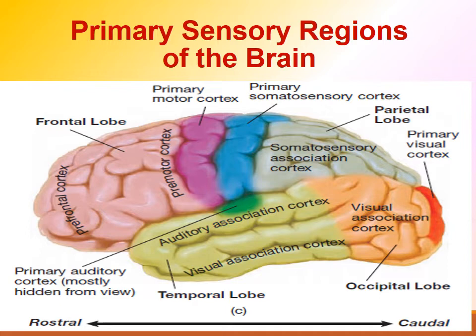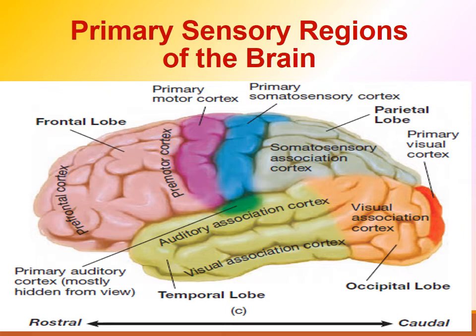primary auditory cortex. As you can see, it is in the green color. Its function is to receive auditory information, and it is also located at the temporal lobe. The temporal lobe is very important and related with the function of language. Okay, hearing and language. So please remember, these are the three main areas of the cerebral cortex that receive information